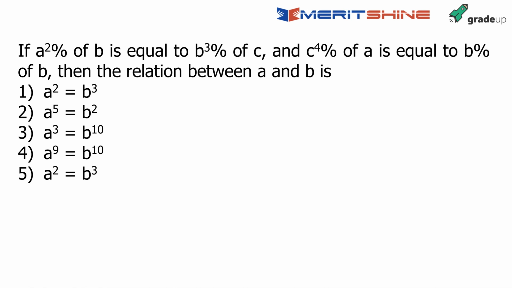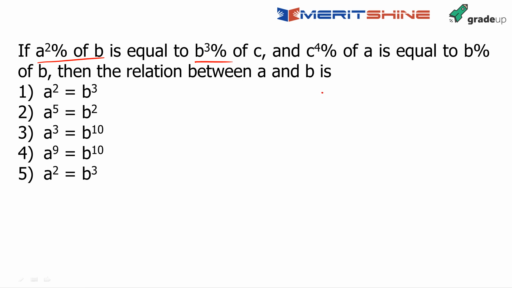I gave you this on purpose because at times, even for people who are very comfortable with arithmetic and all, the moment they see some variables and constants, they get stumped. Honestly, I don't like it either. But look at this carefully. What does it say? Let me read it once. Let's look at this question. A square percent of B.